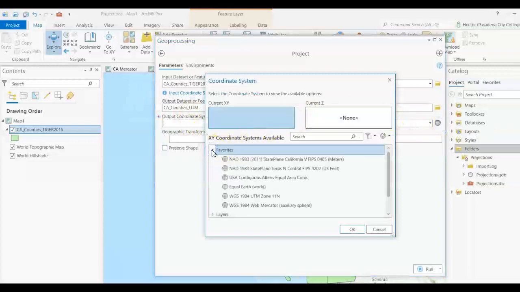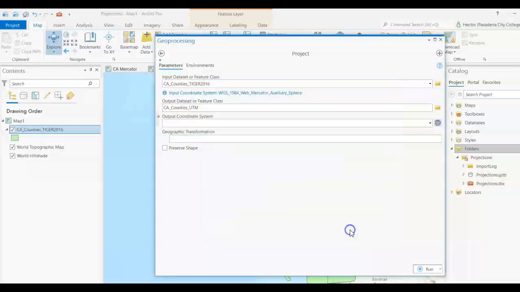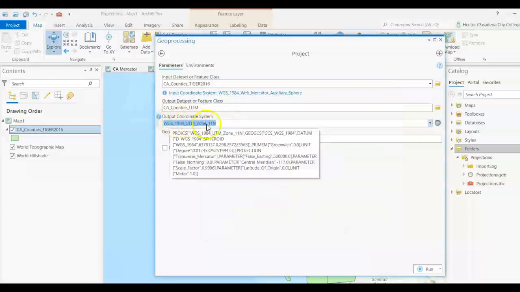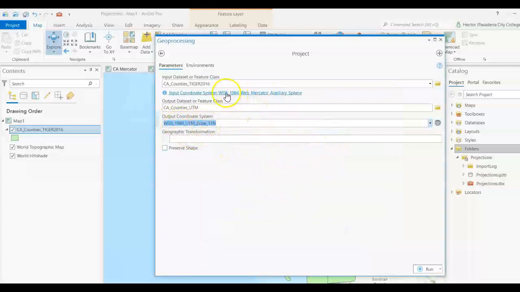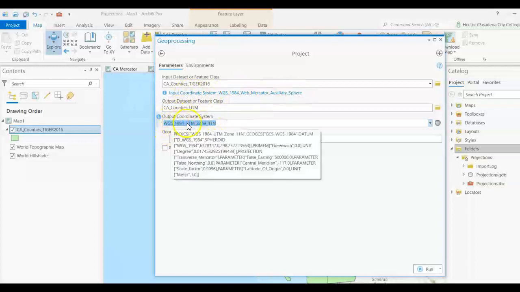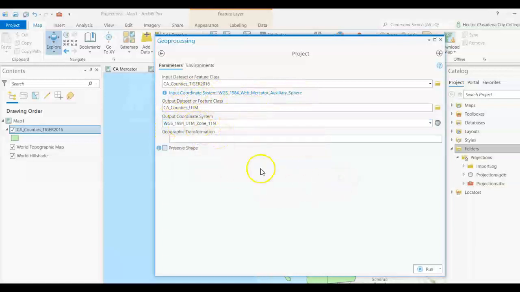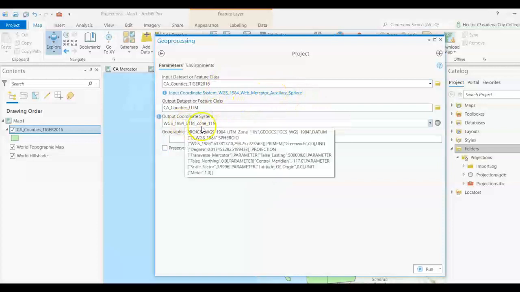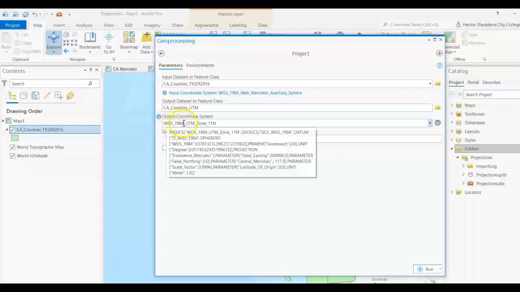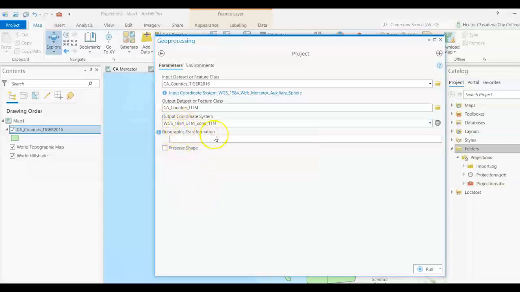And if you already have it saved under favorites, so I already have UTM zone N, right? So notice how when I click on UTM zone 11N, we see the new coordinate system, okay? So again, notice that the datum is WGS 1984 for the Mercator, and notice that also the datum for the UTMs is also WGS 1984. So if I want to make this a projection from Mercator to UTM, we're using the same datum. So it does not suggest a geographic transformation because we have the same datum. But if I wanted to